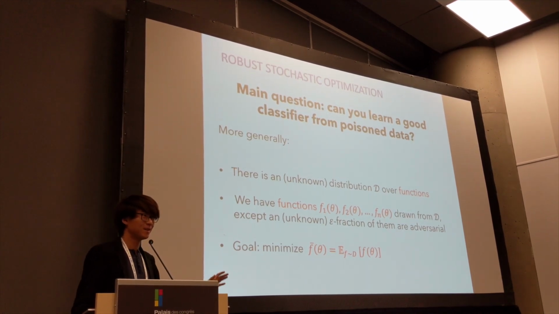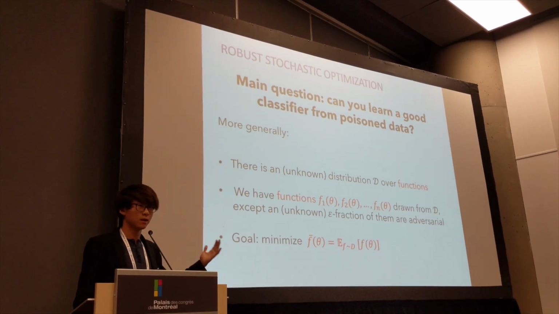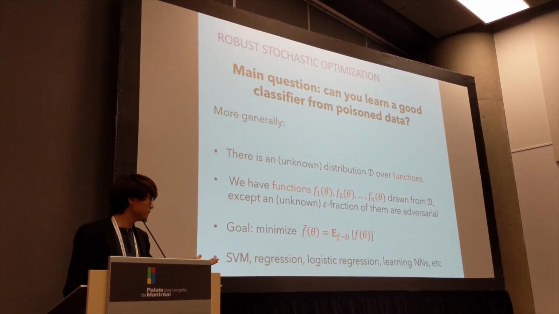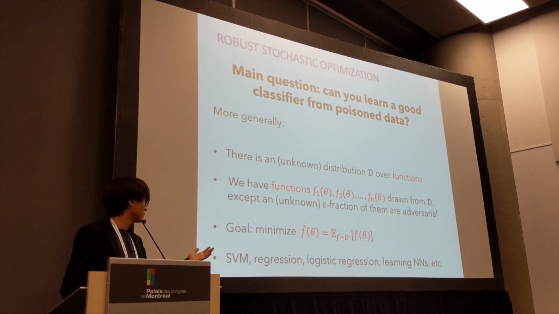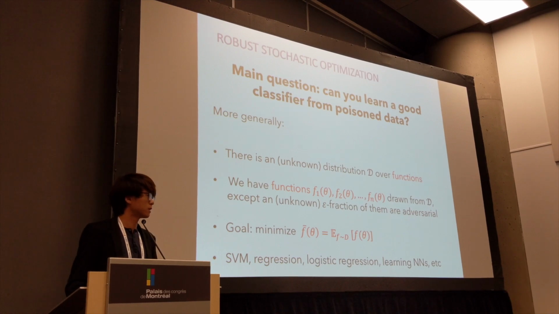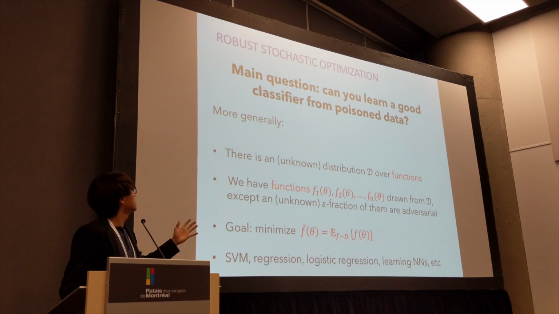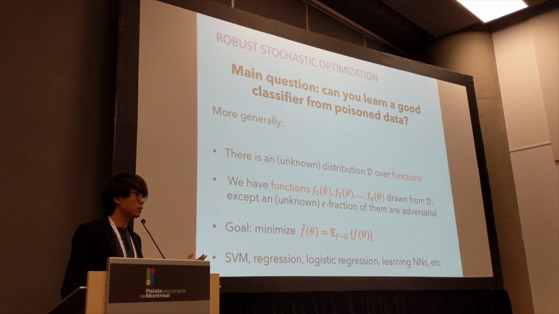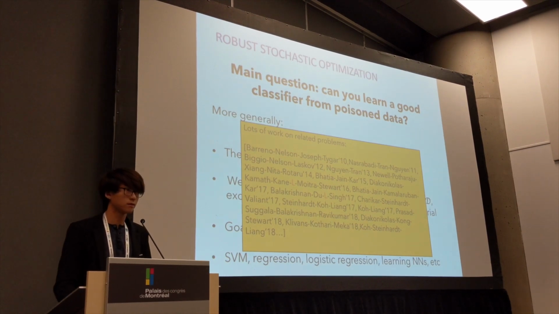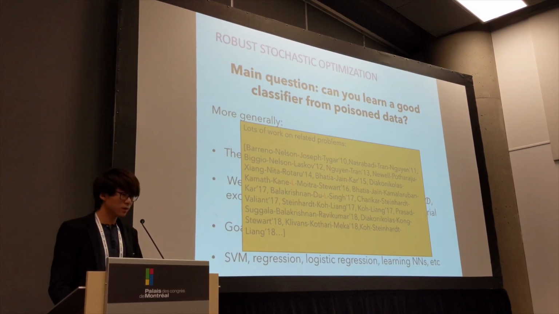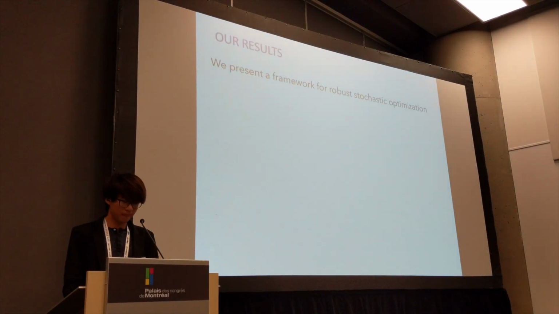So, okay. Hopefully this is standard. I should say this really does capture a lot of settings. For instance, it captures SVM, obviously. And it also captures stuff like regression, logistic regression, learning neural networks, and so on and so forth. A lot of very standard supervised learning tasks. And this problem, with this data poisoning, has been studied in many variants in the literature all over the place. Okay? In this work, we're going to focus on a new framework for this problem,